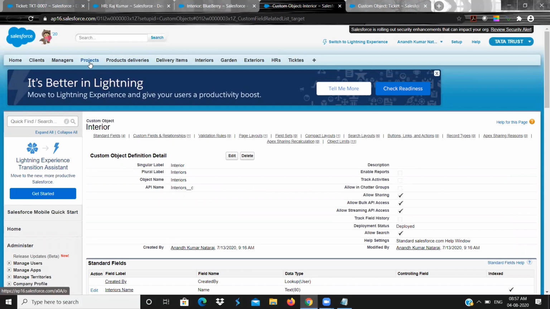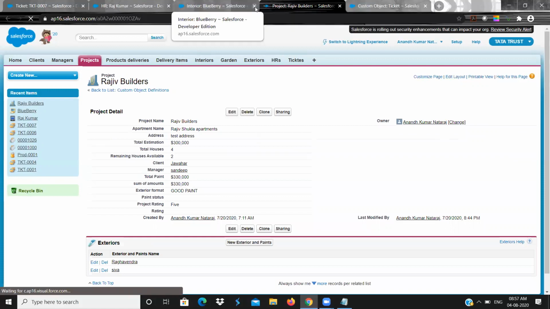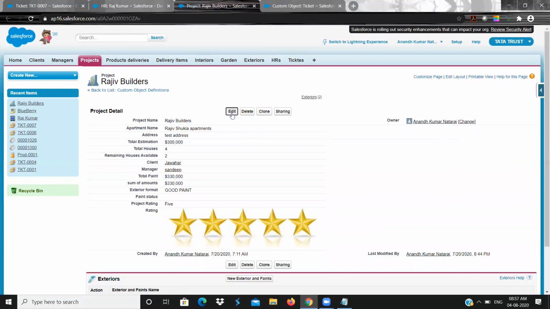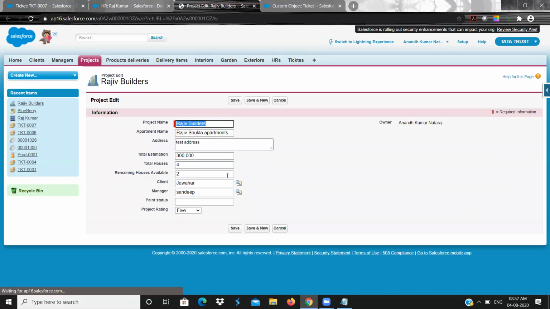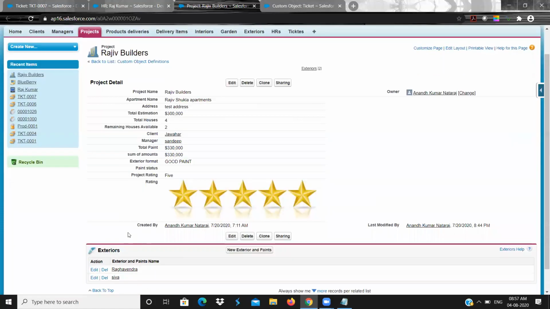Projects. So this is the project object. This project object is a parent of exterior.